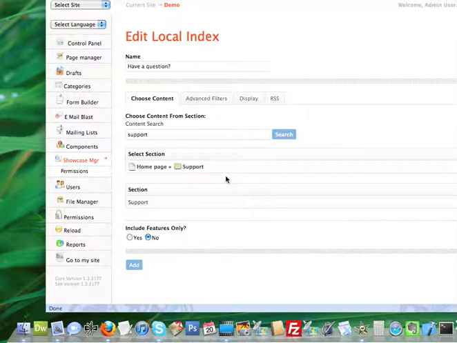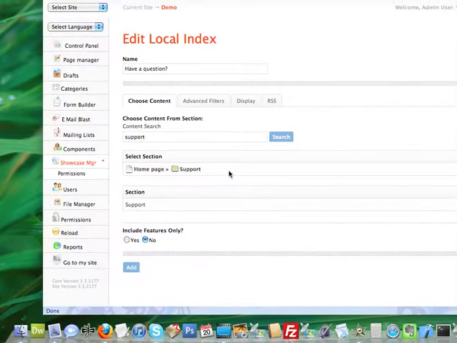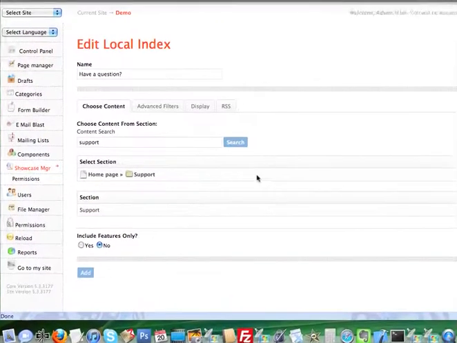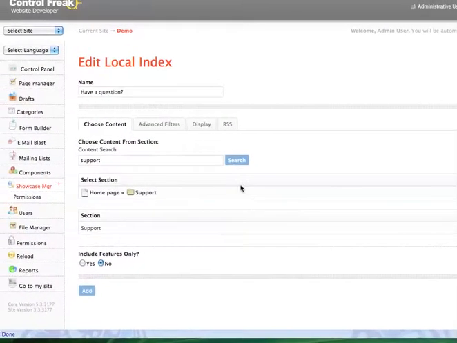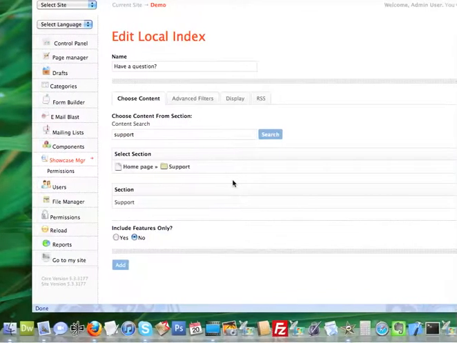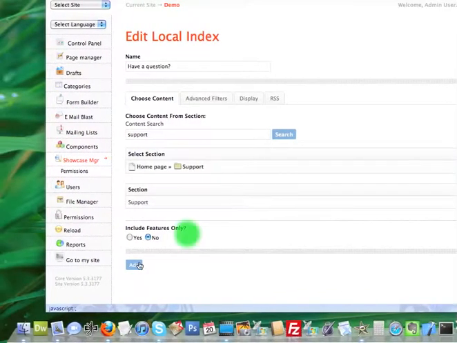When you actually set up a showcase, it will filter through the whole website. So if you were just to create a showcase and not narrow it down, it would filter your entire website. What you're doing here is you're actually filtering down and narrowing down the information. So I'm going to narrow it to just the support section of the website. I'm going to add it. And now that it's added,